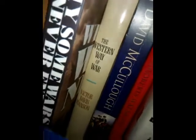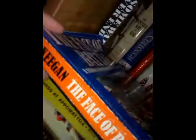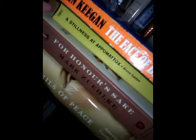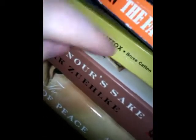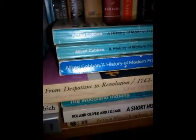And there's Victor David Hansen's The Western Way of War. There's John Keegan. More stuff on the... Well, this one's Civil War. And then other stuff here. This one's on Washington. Oh no, it's not Washington. Oh no, it is Washington. Where's Jefferson? Okay, this is the...